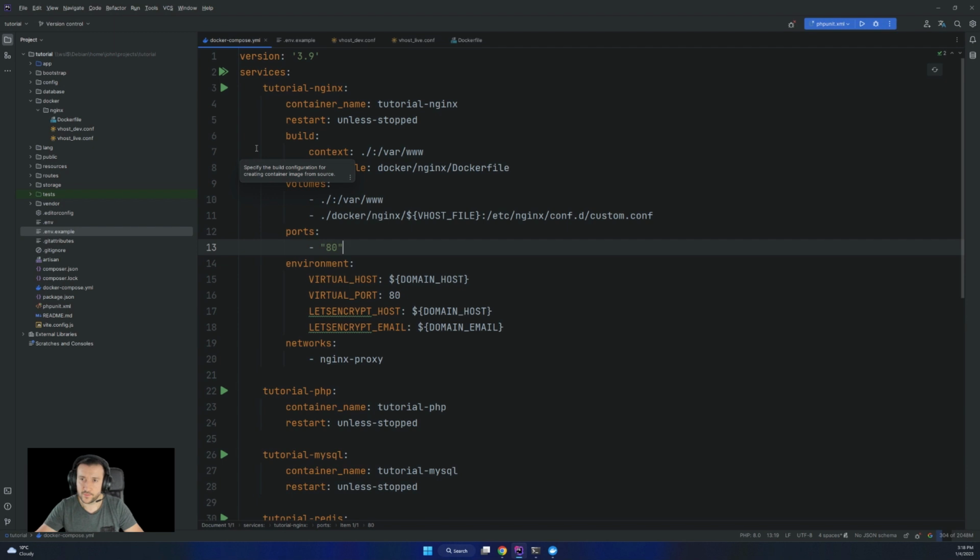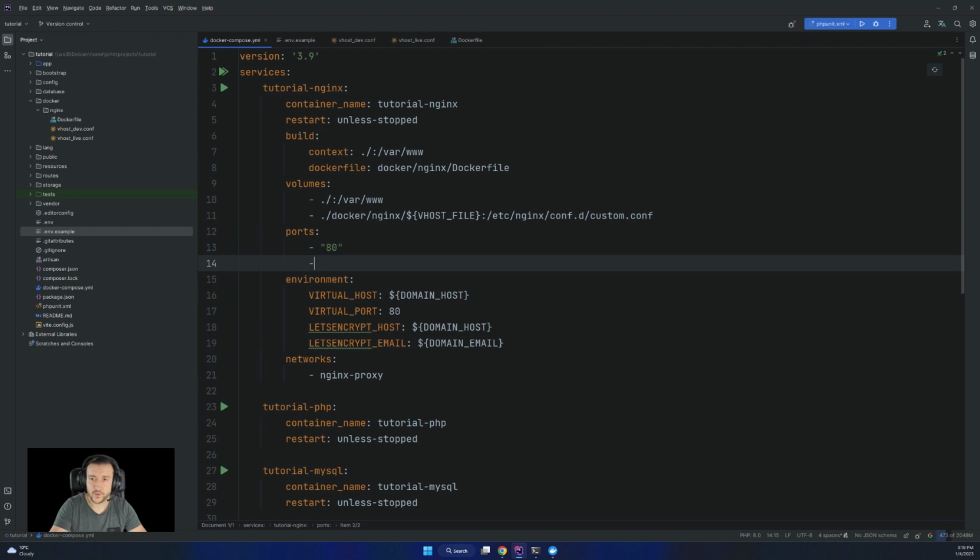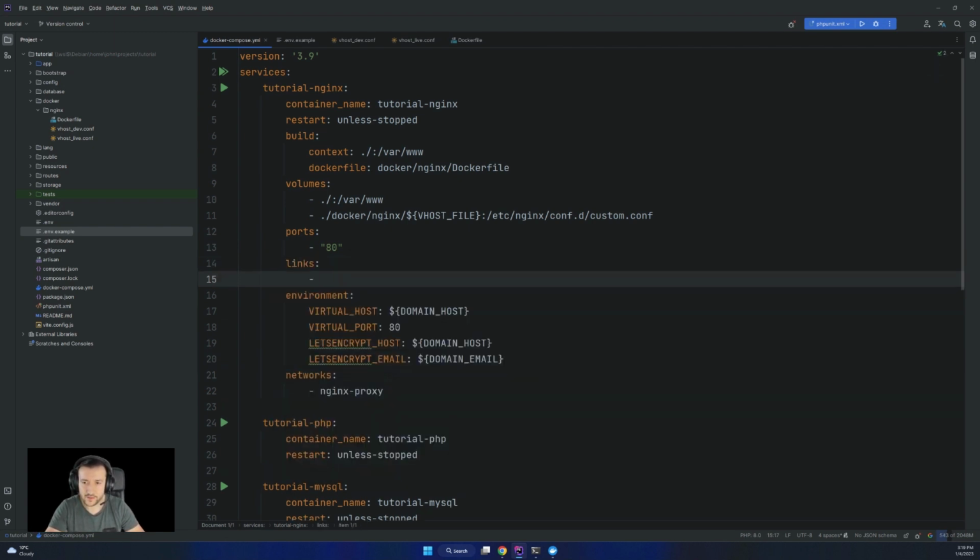An extra thing that we need in here is to connect these two, I mean the tutorial Nginx and PHP, because Nginx will be doing a FastCGI pass to the PHP container for accessing the files. So what I'm gonna do extra in here, I'm gonna add links, and I'm gonna say tutorial PHP links to this one.